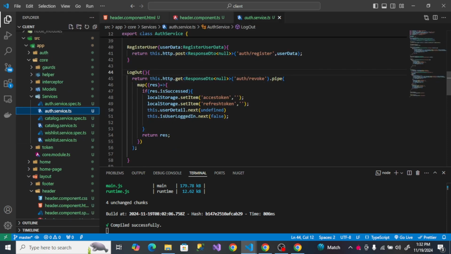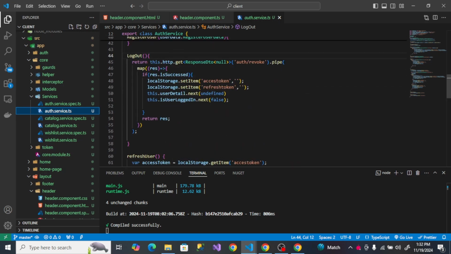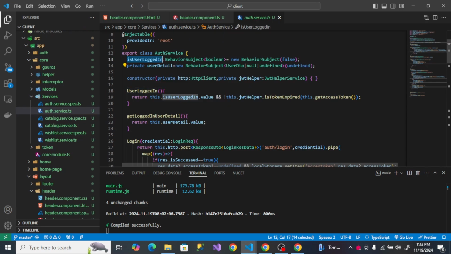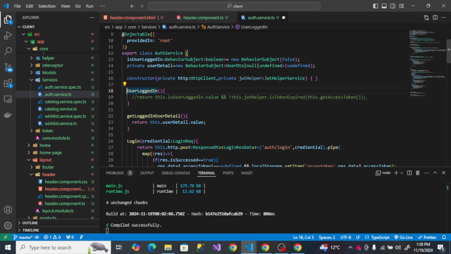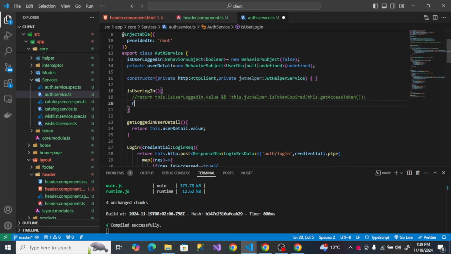So what we are doing, we are calling logout. After logout, we are resetting the user. Okay, so we have to subscribe this user login. Okay, so we are going to make some changes here. So let's comment out for now this logic, is user login. Okay, and it is going to return